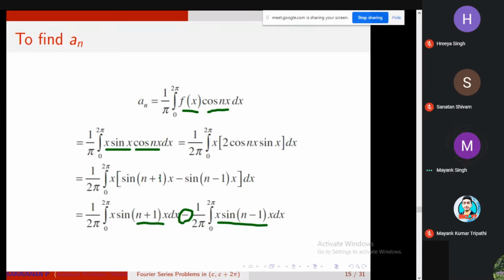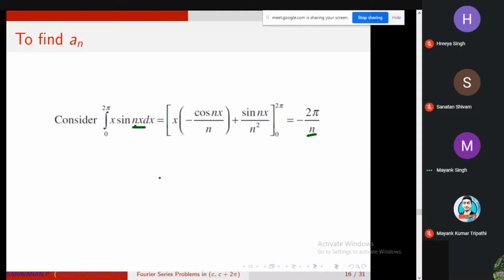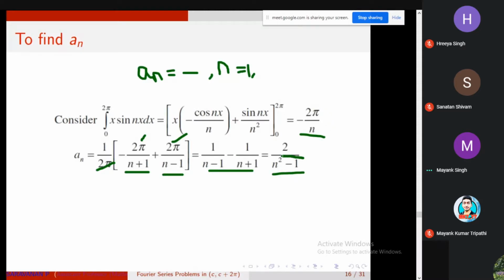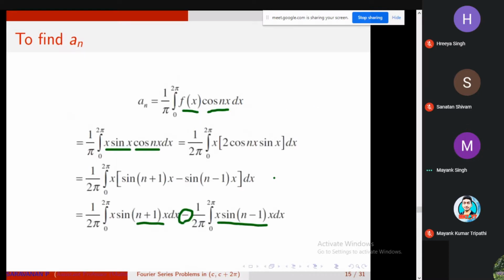But it is always better if you take n first. So instead of writing this n square minus 1, we'll get something like 1 minus n square if you take the x term first. It is the same, because here we are writing 2 cos a sin b. If you change this, you have to use the formula 2 sin a cos b. In that case, here you will get plus, here you will get minus 1 minus n. So that is the same as you can take the minus sign out, and since sine of minus theta is minus sine theta, this will become plus. Is it clear?